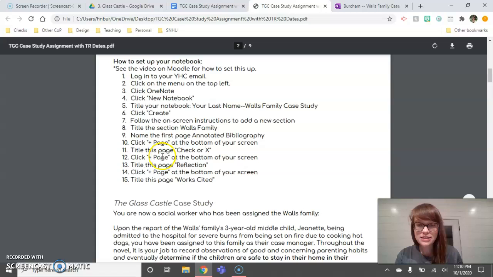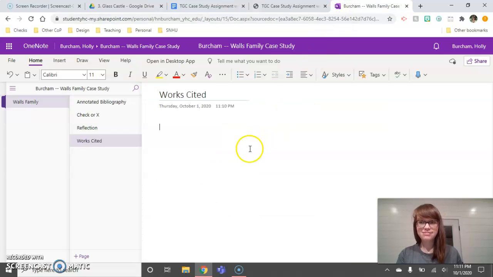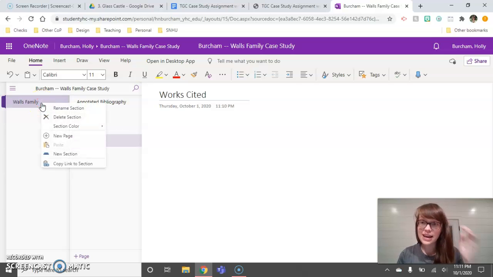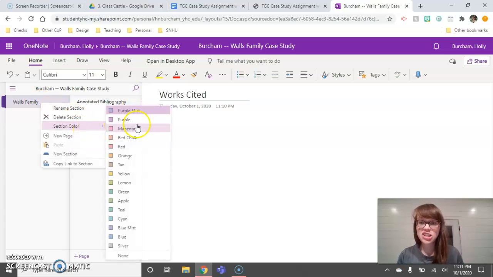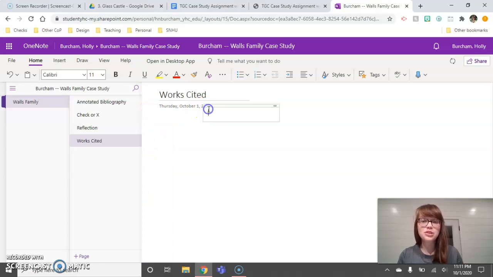So check or X, add another page, reflection, add another page, works cited. And that's exactly what we have. We have our section for Walls Family, and then we have part 1, 2, 3, and 4. If you would like to get fancy, you can come over here and you can right click and you can even like change colors and whatnot, but do not add,